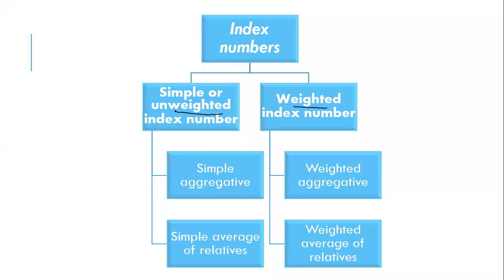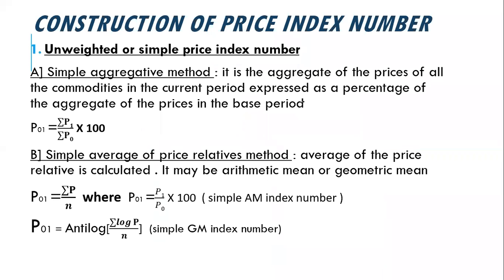When I go to the topic weighted index number, I will explain you. Also I explained you what is simple aggregative. It is nothing but here we consider the price of the commodities with the help of base and the current year. And what is the formula? It is summation P1 divided by summation P0 into 100. You should keep this formula in mind because it will apply when you do weighted also. Whereas simple average of price relative method.